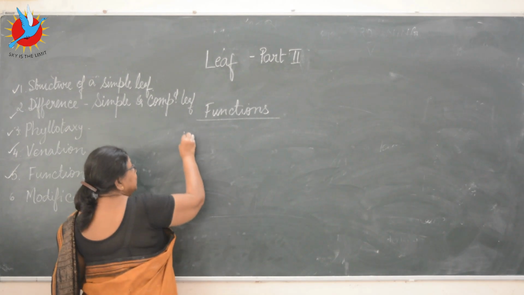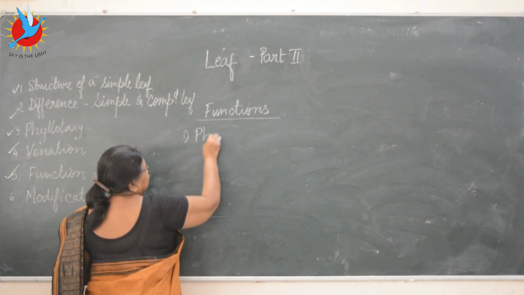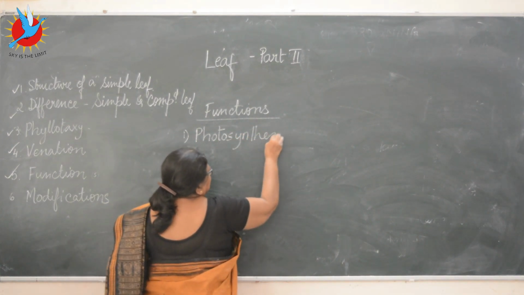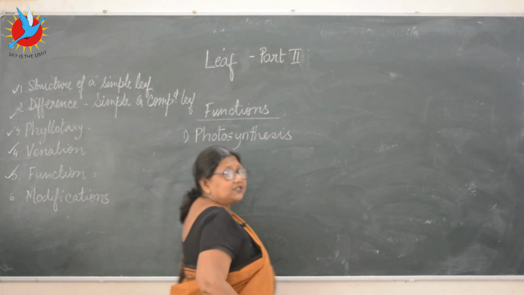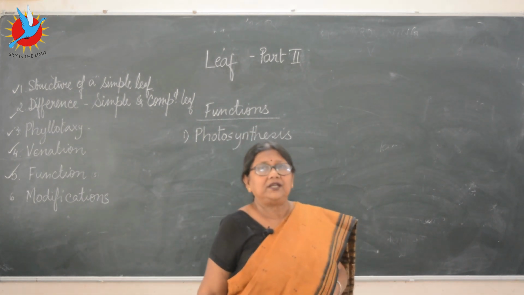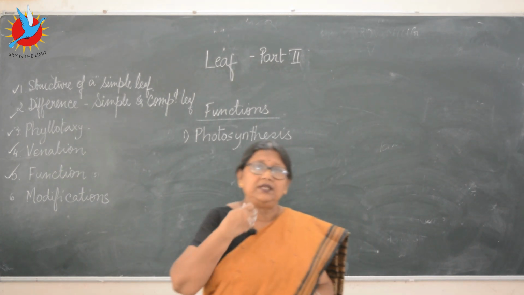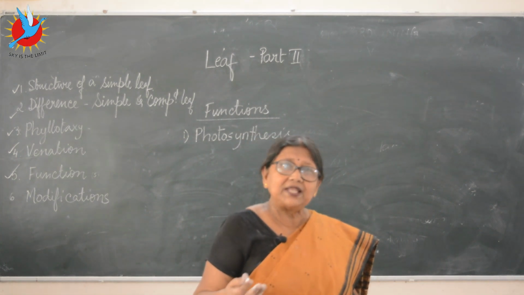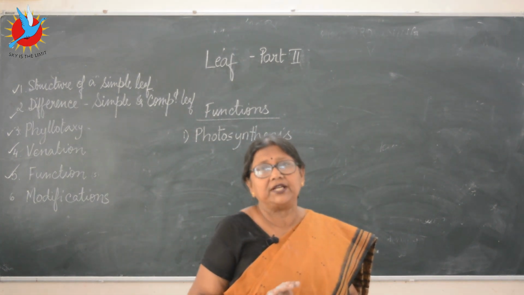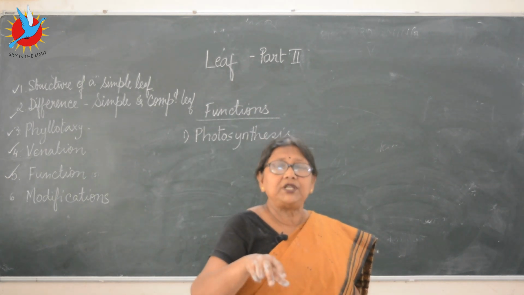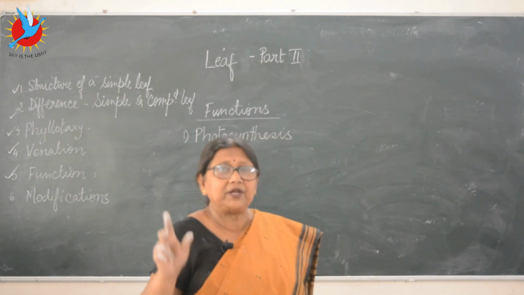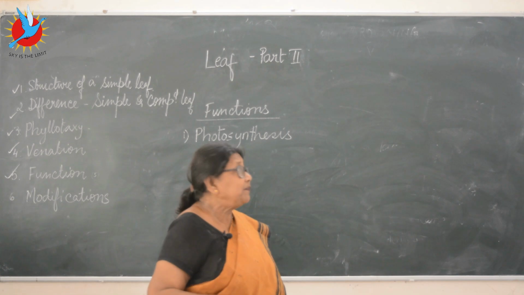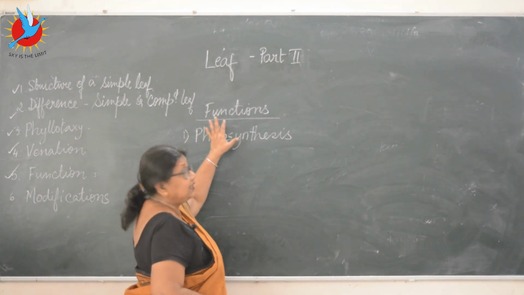First and most important one, you must have heard about this word, photosynthesis. What is photosynthesis? Preparing food. The whole living world depends on the green plants for food. If there were no green plants, there wouldn't have been any life on earth. Why? Because we are eating the food. Maybe you are a non-veg, you are eating animals, but they themselves are feeding on the plants, and the plants are eaten because they have the food prepared by the leaves.